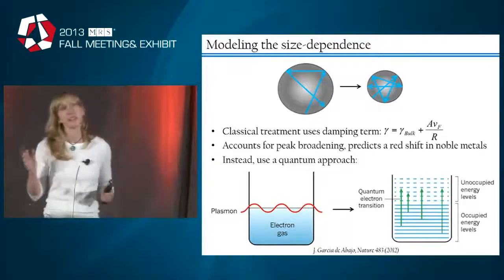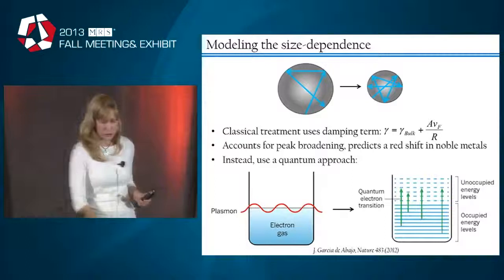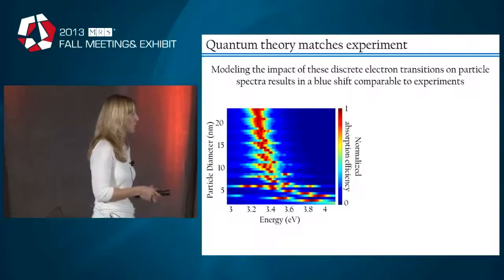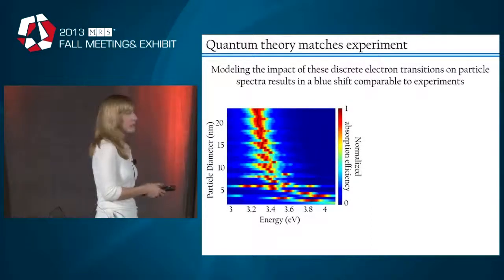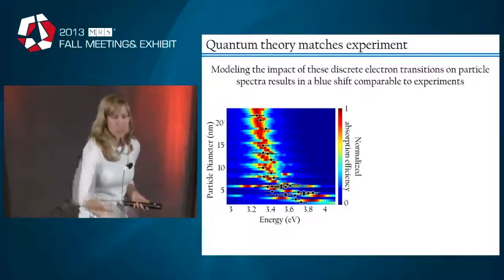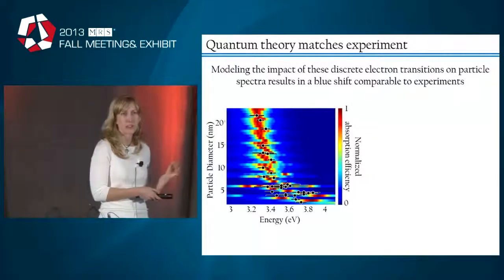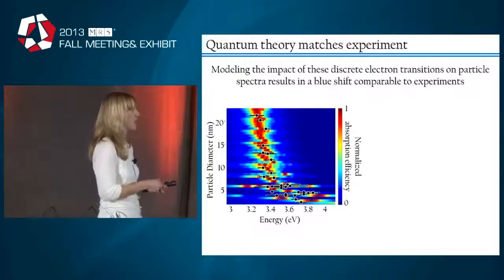And if you sum over all of the possible allowed discrete transitions, accounting for the fact that electrons are basically confined to a spherical potential well, then you wind up with a surface plasmon resonance or an absorption efficiency that looks a lot like this. So here's the absorption spectra plotted as a function of particle diameter, where the color indicates where you'd get a peak in the resonance. So this is our simple analytic quantum model. We can overlay our experimental data on top with basically no fitting parameters except for accounting for the substrate. And you'll notice it